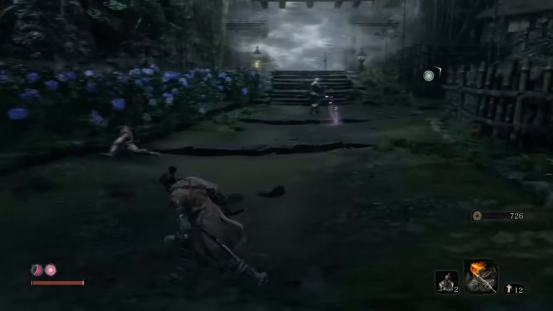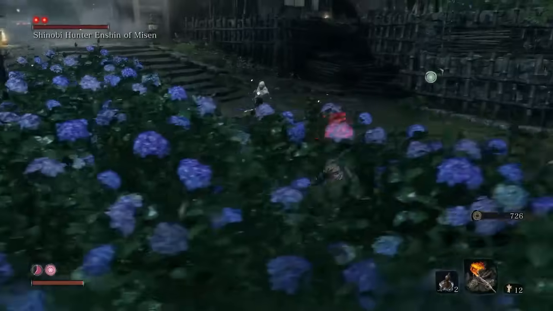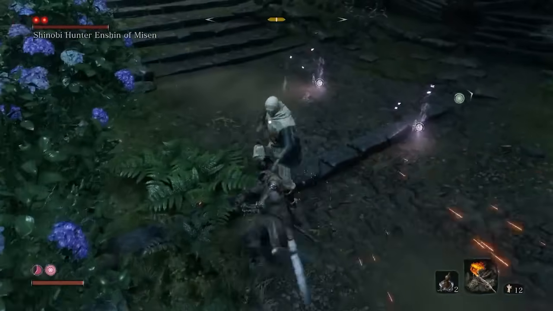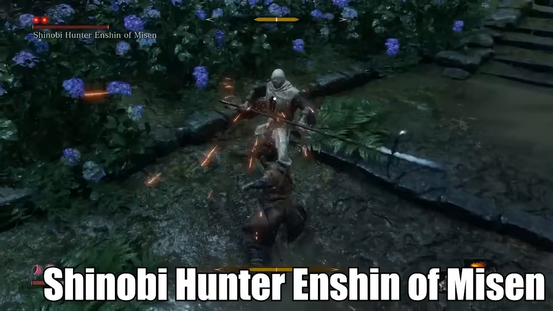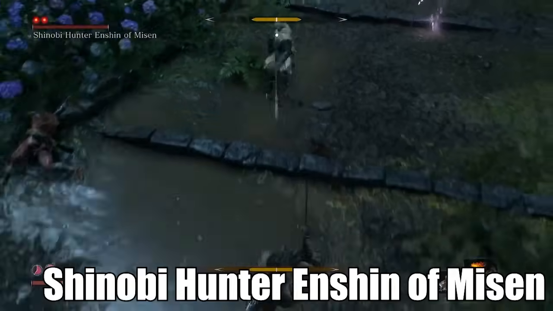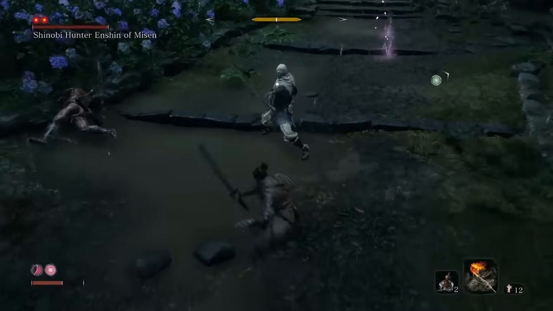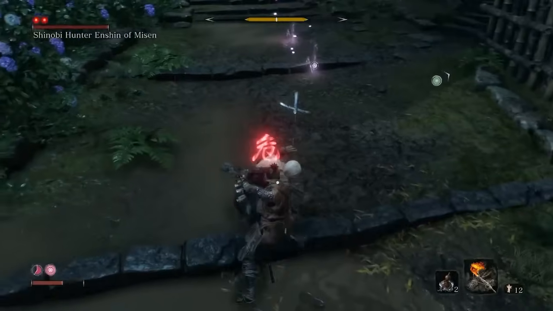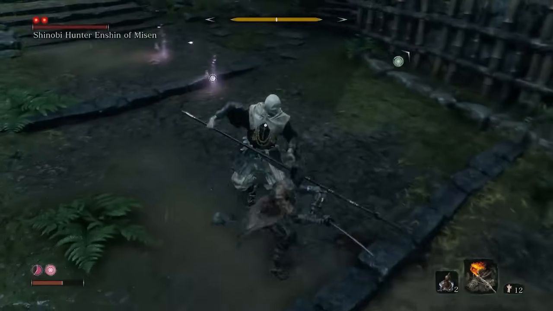After you've traveled back in time to the Kawarada estate, a sentence that will seem outright bizarre to anyone who has not played this game before, we find one of the few unique mini-bosses in the game, the Shinobi Hunter Enshin of Misen. This is one of a very small selection of mini-bosses that only appear in a single boss encounter, with the Shinobi Hunter becoming an elite rare mob after the battle,